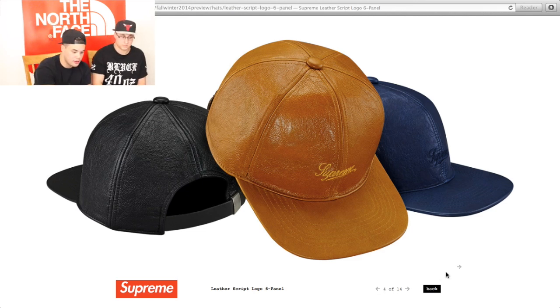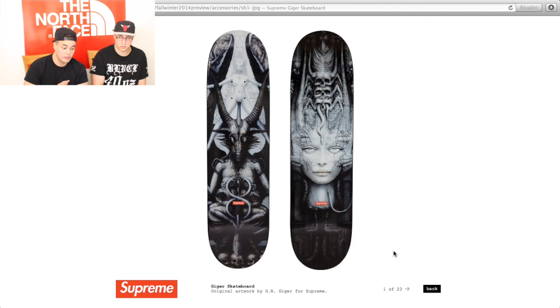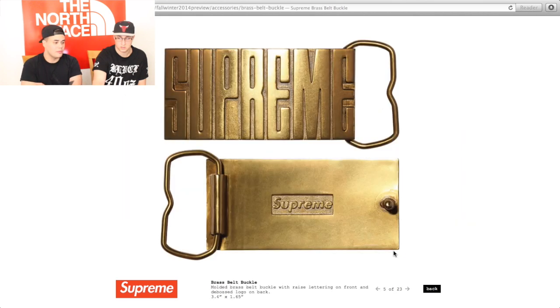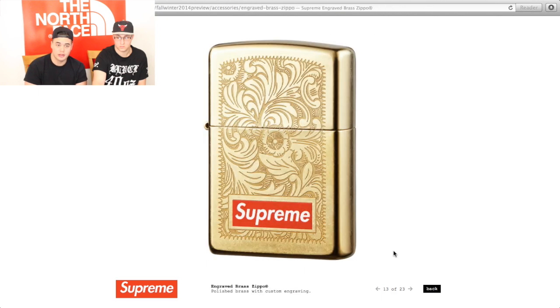Alright, moving right along to another one of my favorites. This is going to be one of the accessories that Supreme releases. As you guys know, Supreme releases some of the coolest accessories that you can find. We have a lot here at our apartment already, just because we dig them so much, and it adds some flair to your place. If you have an apartment or your own place, just make sure to look at their accessory pieces. The one we're looking at though that I picked out is the